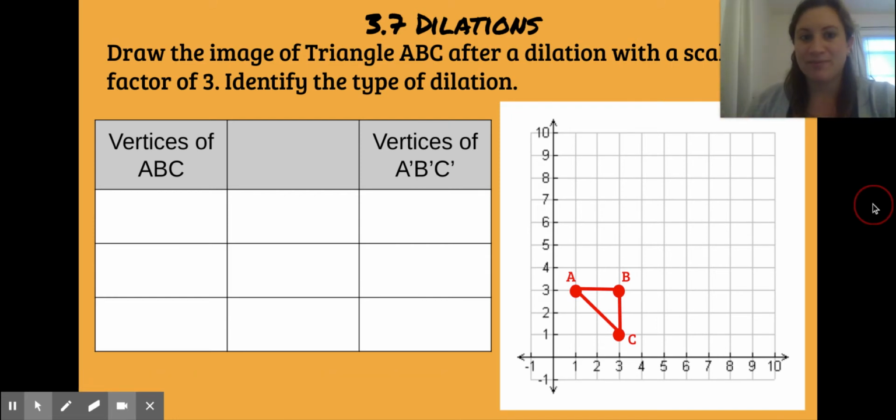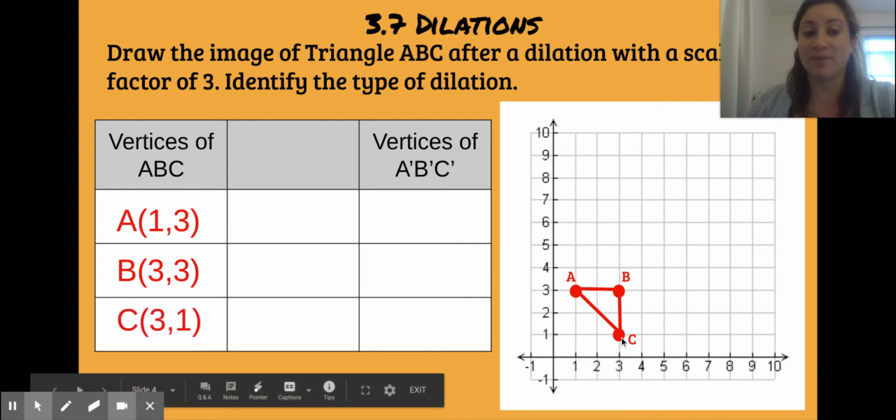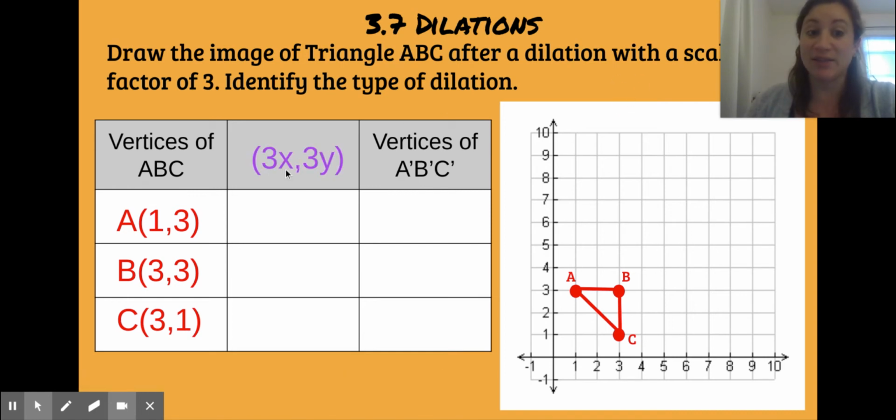First step, you need to state what the vertices are of the original triangle. So A is at 1, 3, B is at 3, 3, and C is at 3, 1. We are told to perform a dilation with a scale factor of 3. So that means we're going to multiply each x and y value by 3. We're multiplying by a scale factor of 3, so it's going to get bigger,